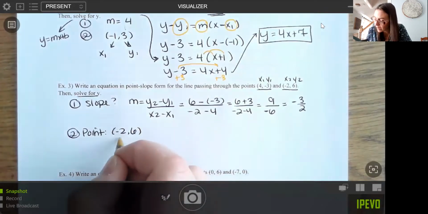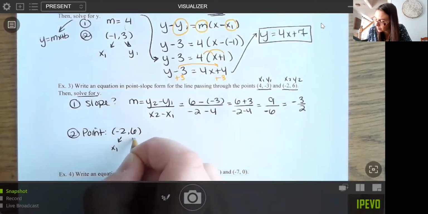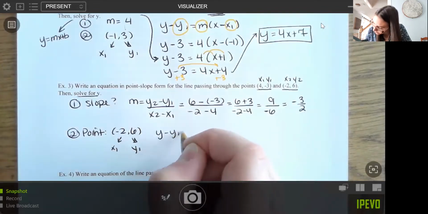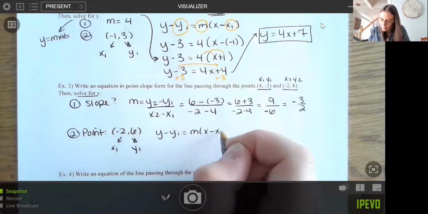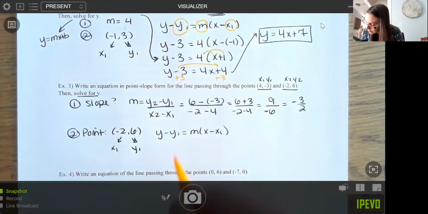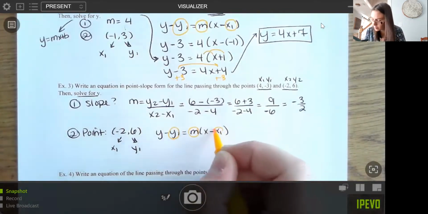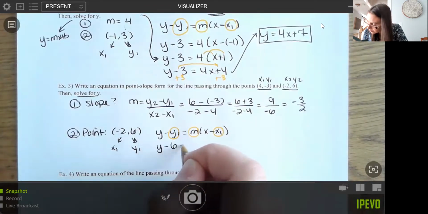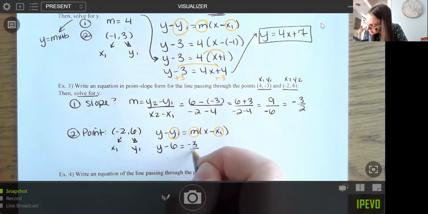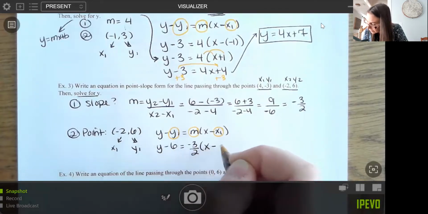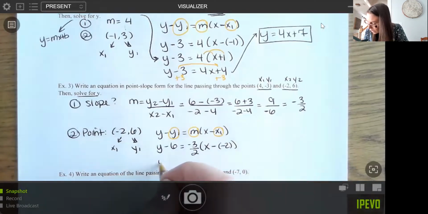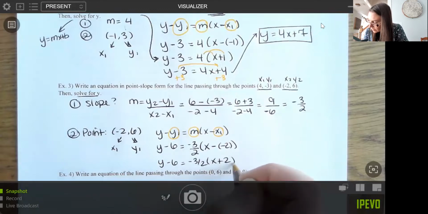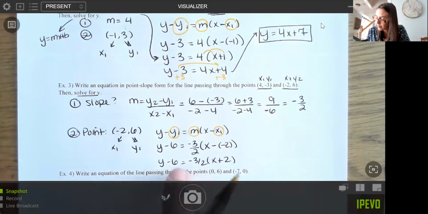Again, I don't have a y-intercept here, so I'm going to have to go ahead and plug in to my equation. That looks like this. And we're going to plug in those 3 values. So I have y minus 6, my m is -3/2, and then I have x minus -2. Y minus 6 equals -3/2 x plus 2, just clearing out that negative there. So here's that point slope form,